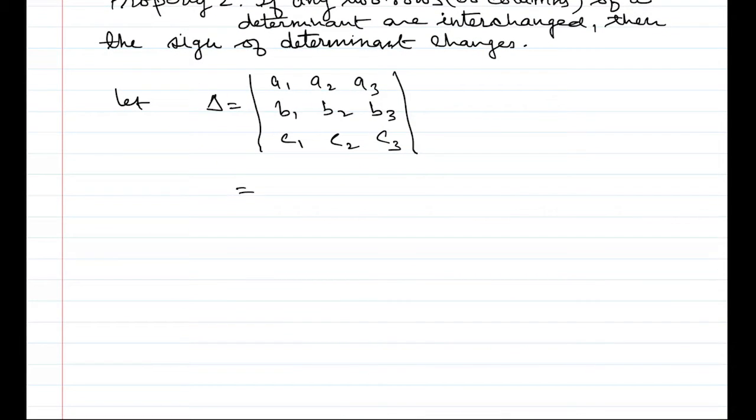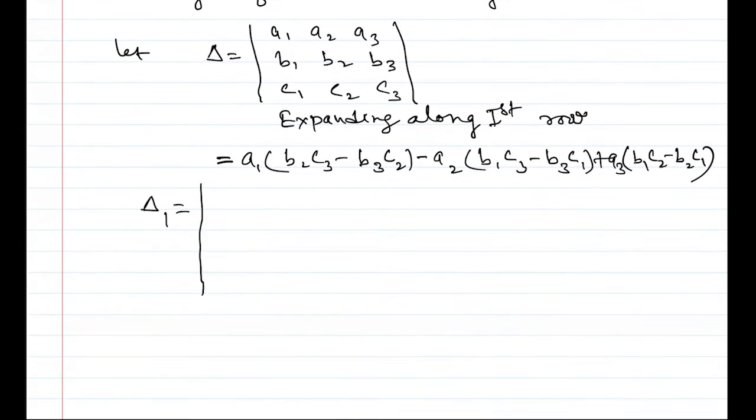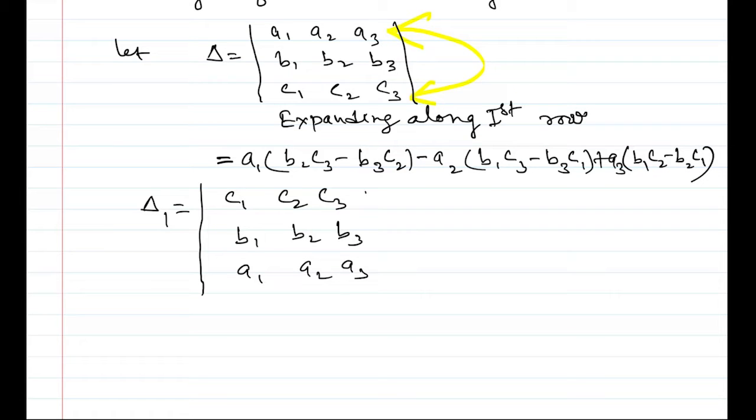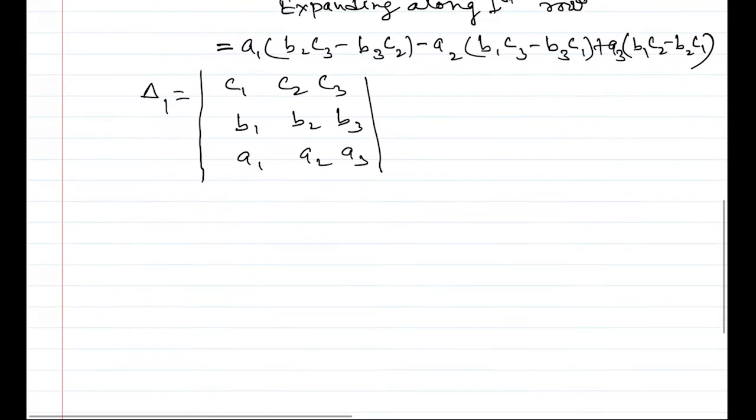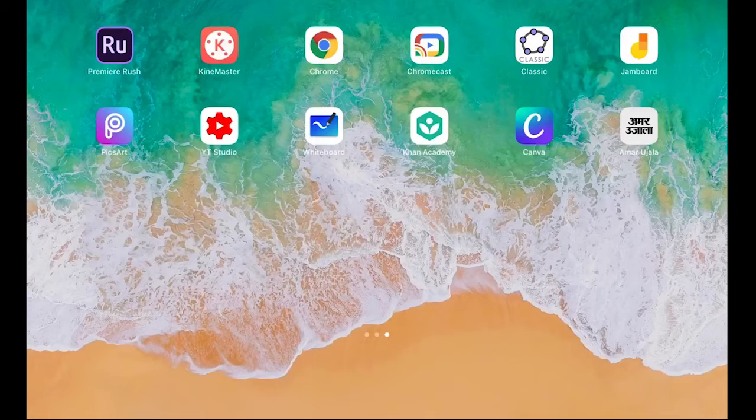Expanding along the first row, we get. Now let delta 1 be the new determinant after interchanging row 1 and row 3: C1, C2, C3, B1, B2, B3, A1, A2, A3. Now expanding along the third row, we will get